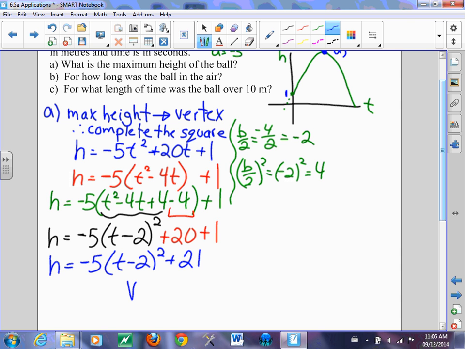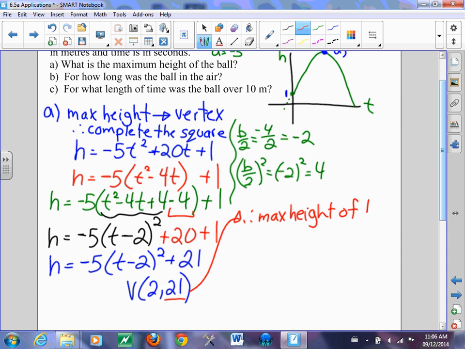What's our vertex here, folks? Our vertex is (2, 21). So when we go to answer the question, what was the maximum height of the ball? The maximum height is your optimal value, which is the q part of your vertex. So you're going to say, therefore, max height